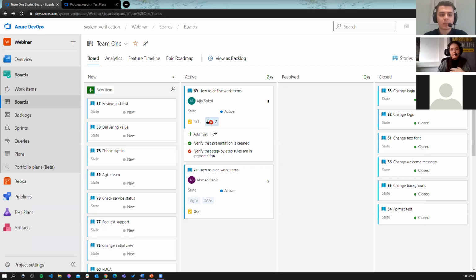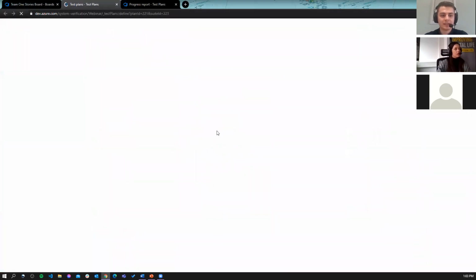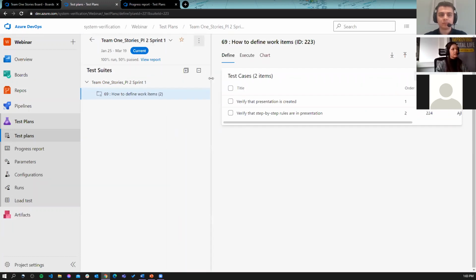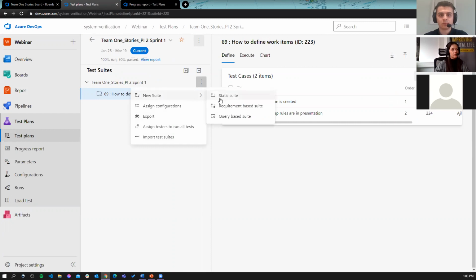Can we see from a test plan how we actually connect to a requirement-based test suite? Yes, that would be quite nice. Okay, so this is one of the test plans that I created. Let's say that I want to create a new requirement-based suite. So if I go here, into the new suites, and go into the requirement-based suite,